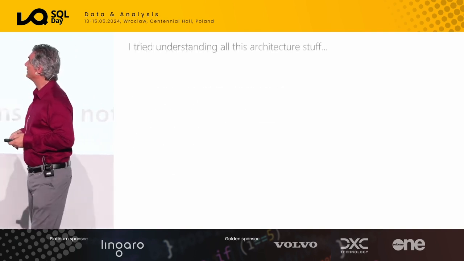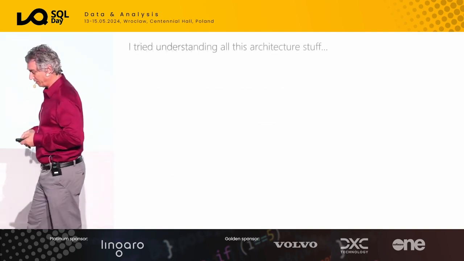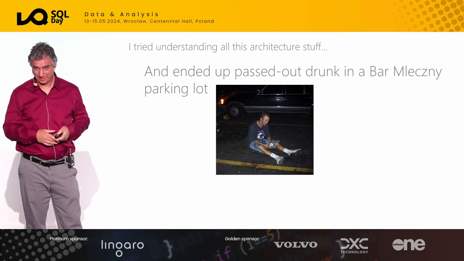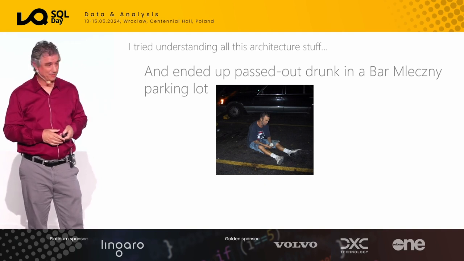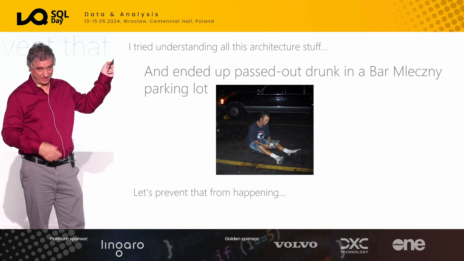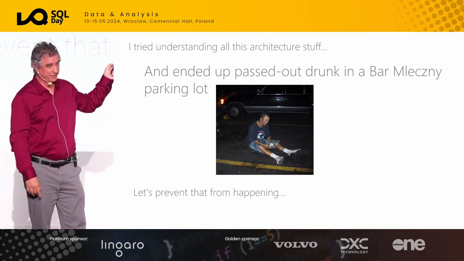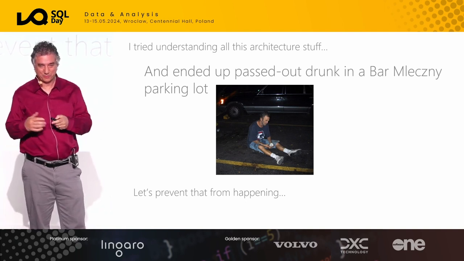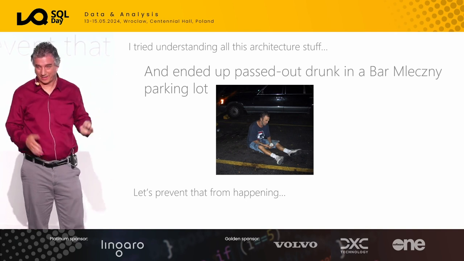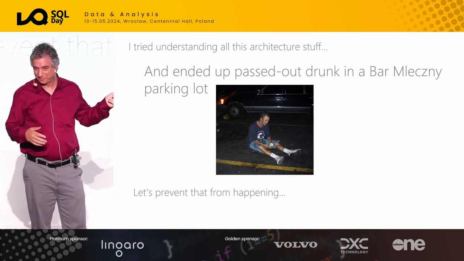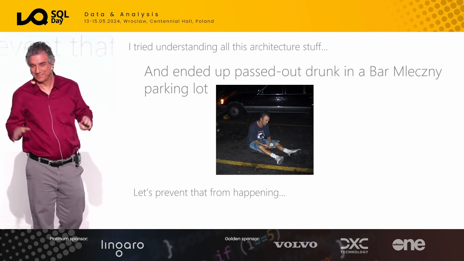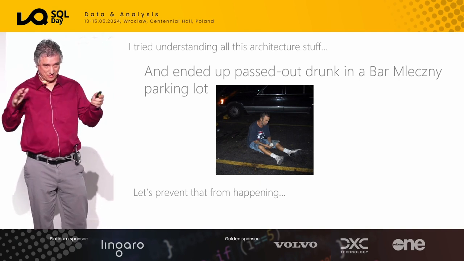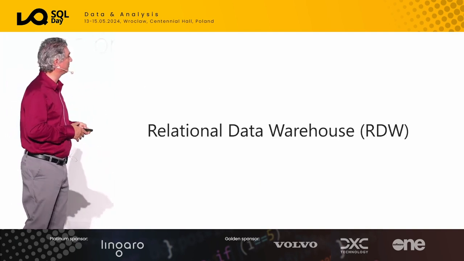There's a lot to learn. This can get very confusing, and some people I see try to understand all this architecture stuff, and they wind up passed out drunk. So I want to prevent that from happening. Interestingly, this slide I've always had Denny's in here, but then I came here and I realized there's no Denny's in Poland. And then I used ChatGPT to say, what's the closest thing? And they told me what that is. I can't even pronounce it, but is that correct? All right, kind of. So let's try to avoid some of the confusion that you may have. And that's what we'll spend this hour doing.